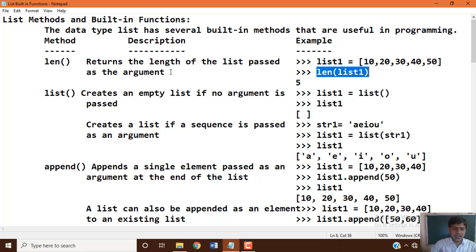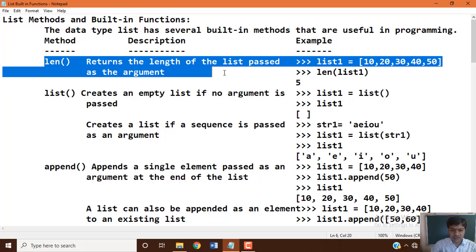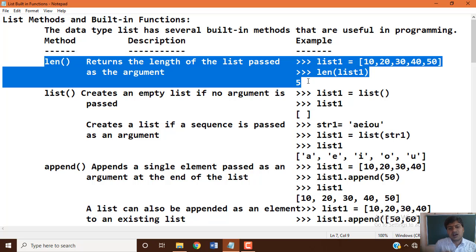Now you are able to understand how you can use the length function to calculate the total number of elements or data items or values available within the list variable. Now we are moving to another function, that is list.